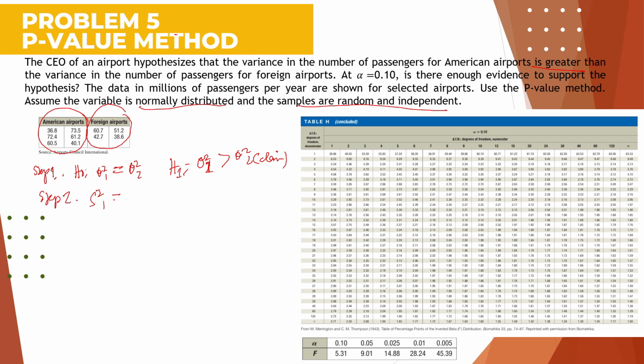So for Americans, the variance is 246.38. The other one, using your calculator for the foreign airports, the variance is